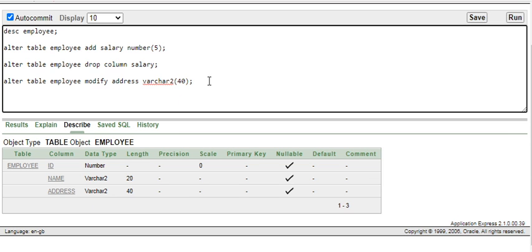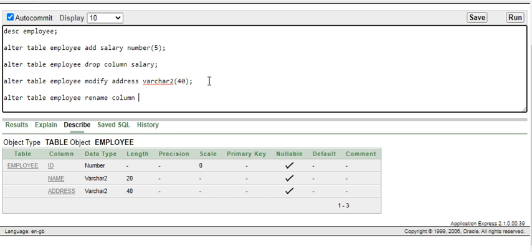Now I want to rename an existing column. For example, I am taking the column ID and changing it to emp ID. The syntax is alter table employee rename column. First you write the original or old column name, then to the new column name.